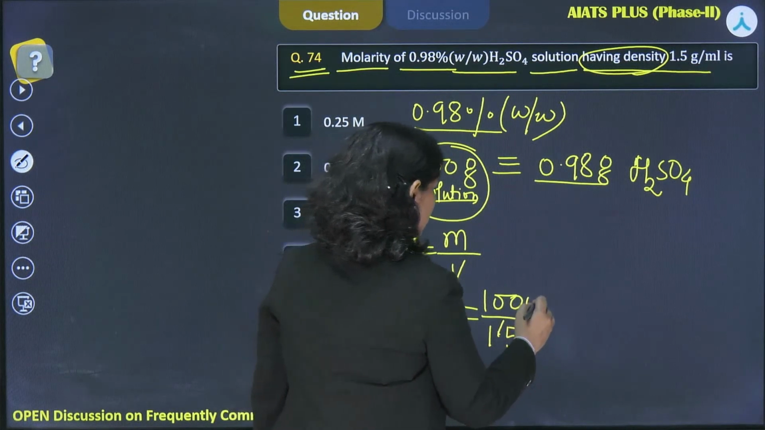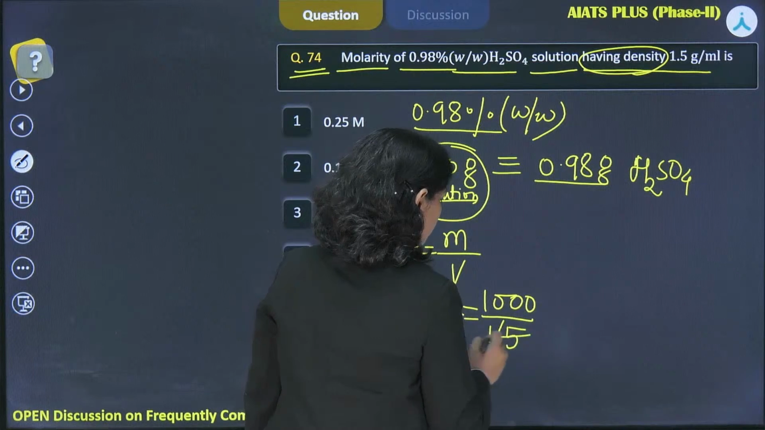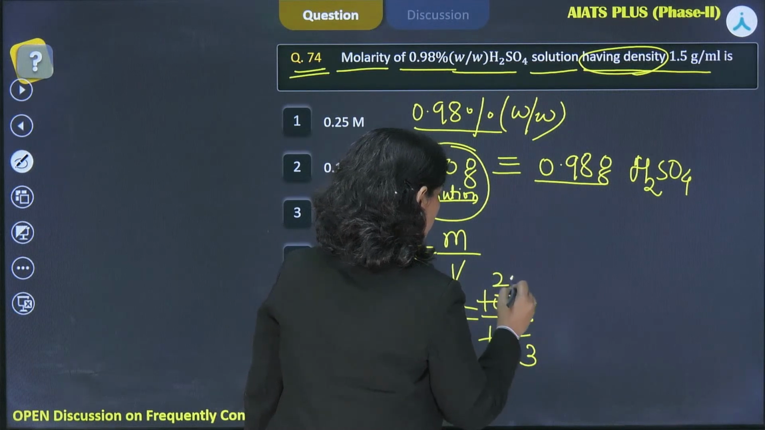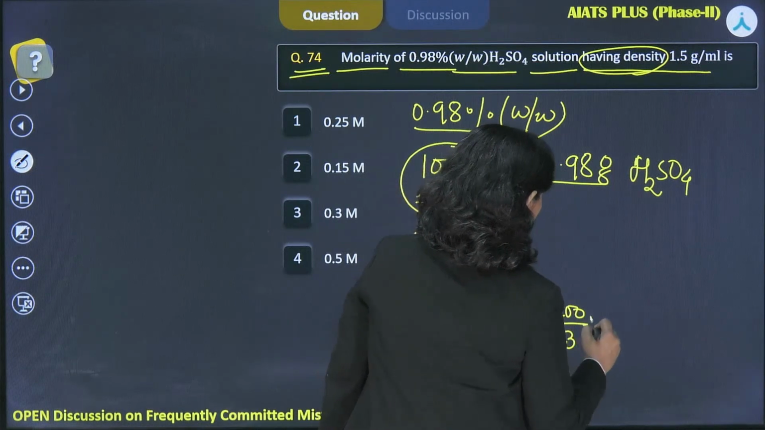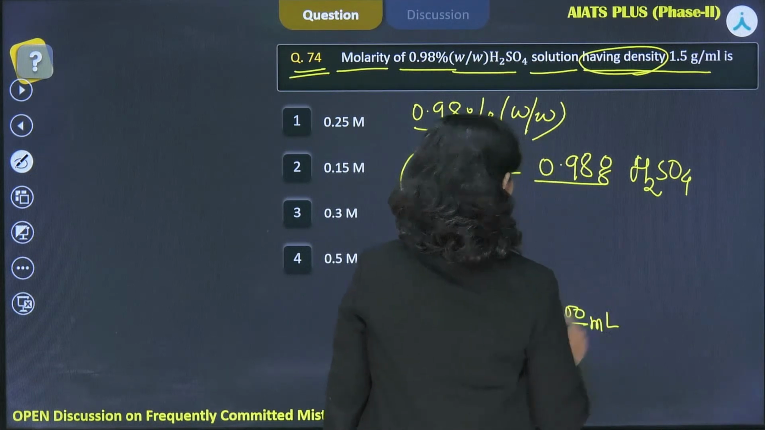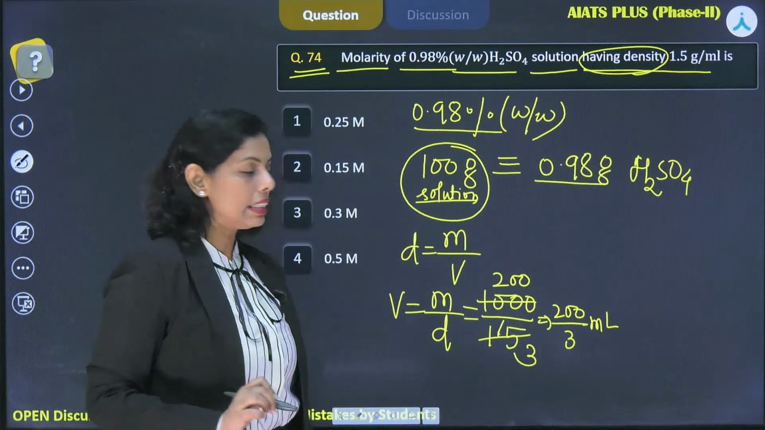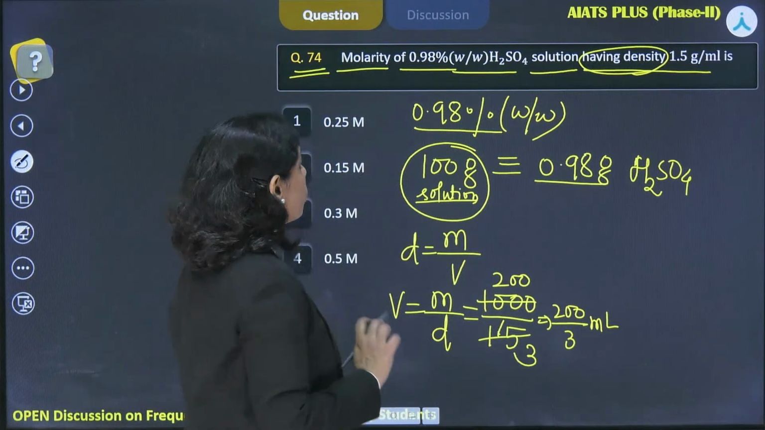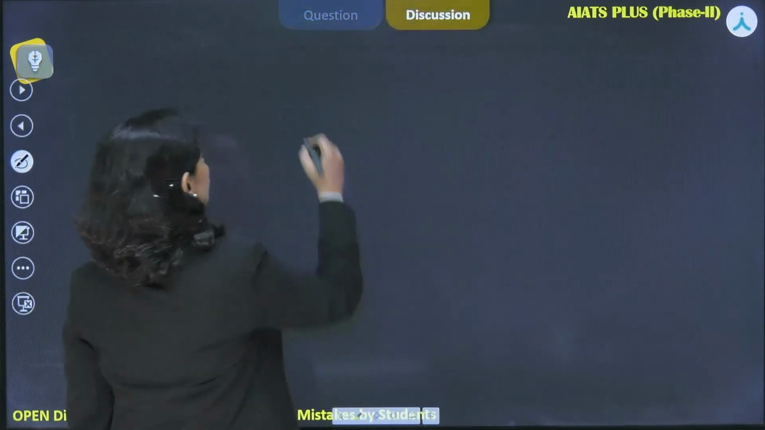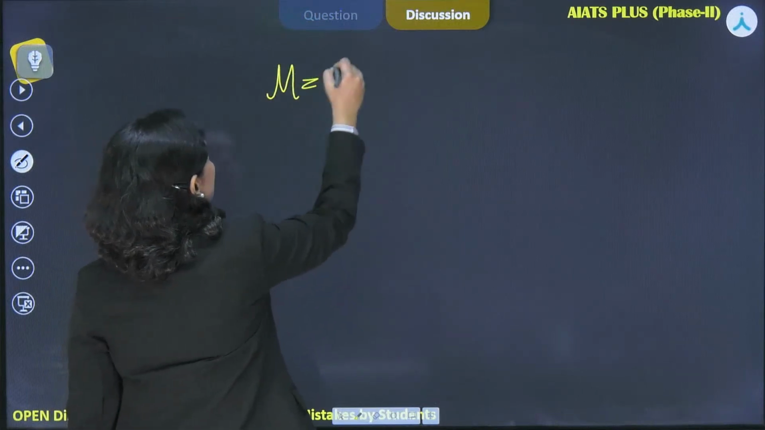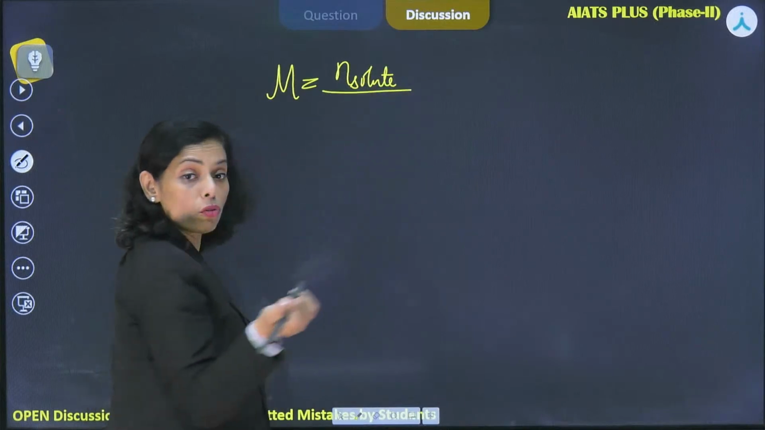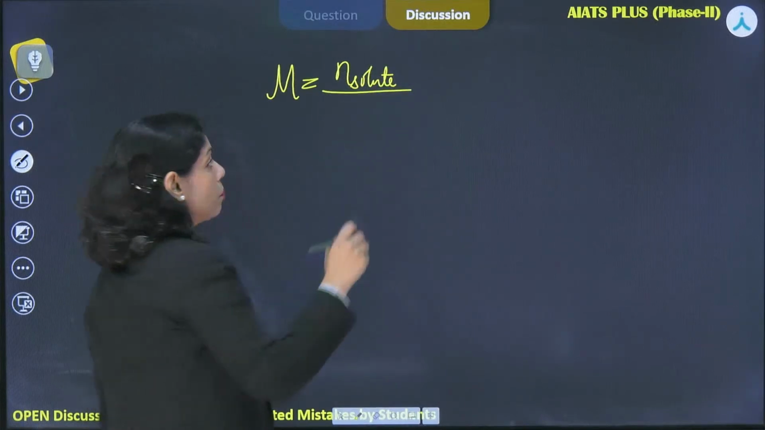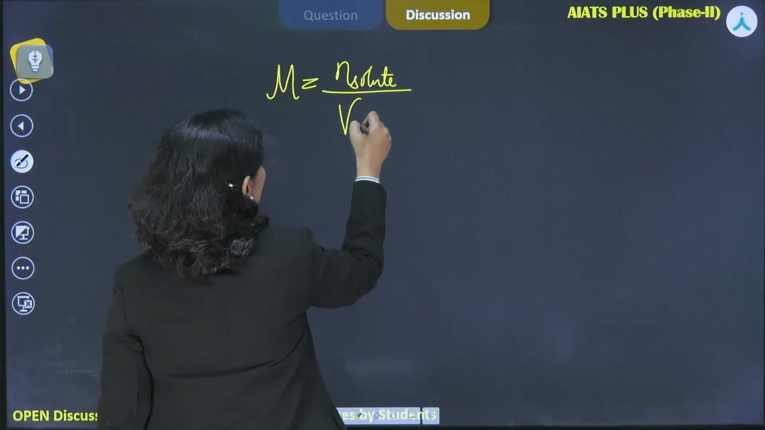So it would be 1000 by 15. Can I say this is 200 by 3 ml? This is the volume. Done? Right? Now you have to find out the molarity of the solution. So molarity of the solution is moles of solute. And what is solute here? H2SO4, and its mass is 0.98 gram divided by the volume of the solution,